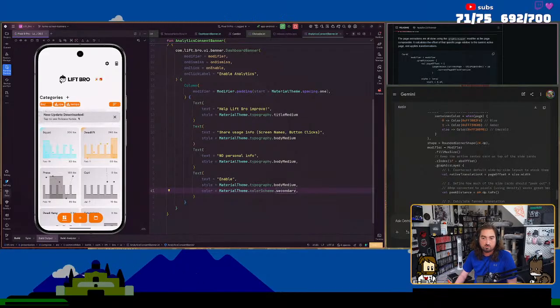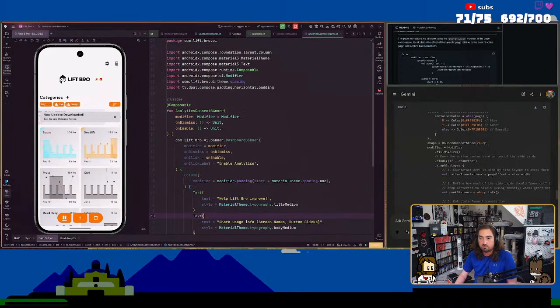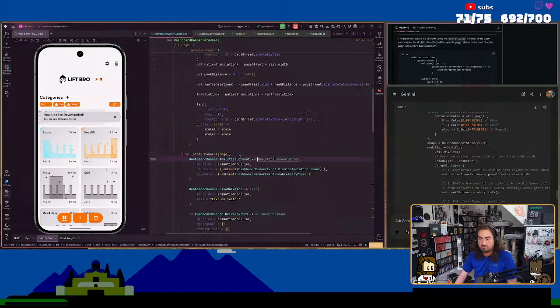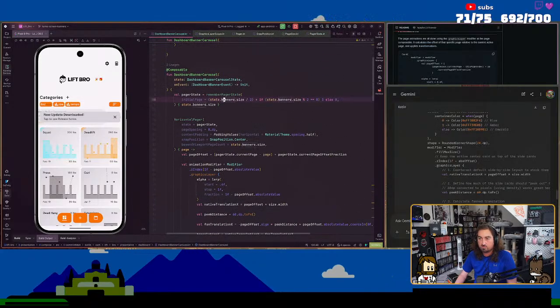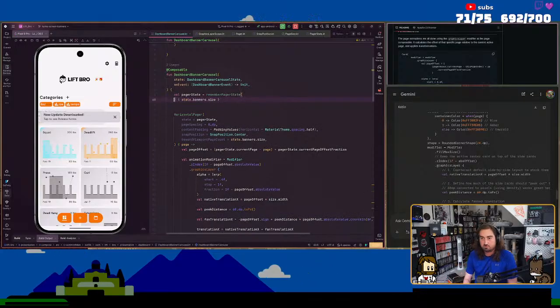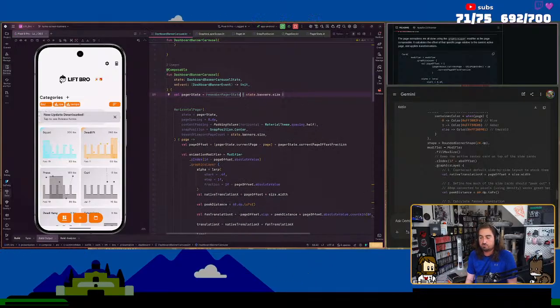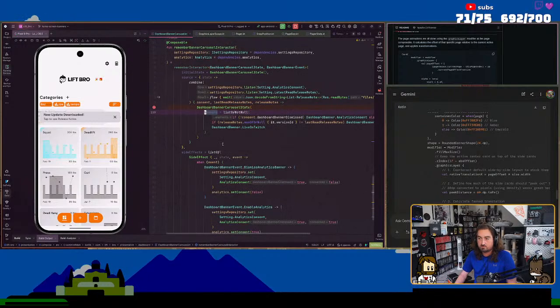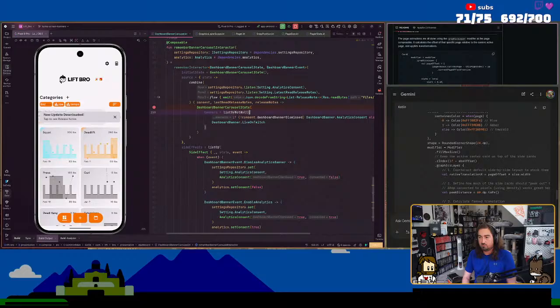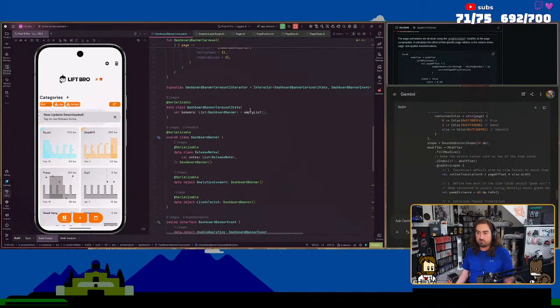Okay, so I am going to get rid of, so we have the carousel. I am not going to do the initial page. It's just going to be one. But when we create the state, I am not going to put the Twitch banner in just because I don't need to.